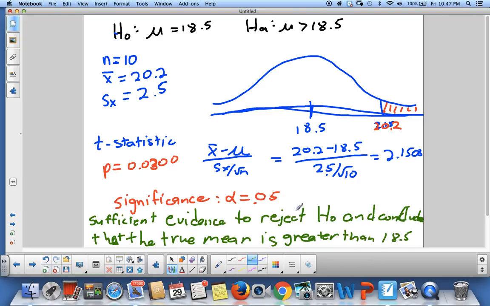So we're basically saying because the p-value we got for this problem is less than the significance level,